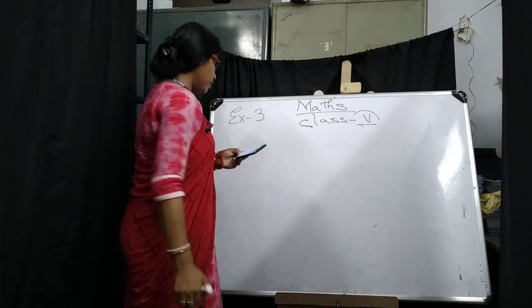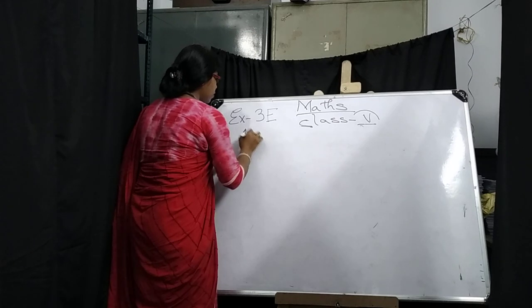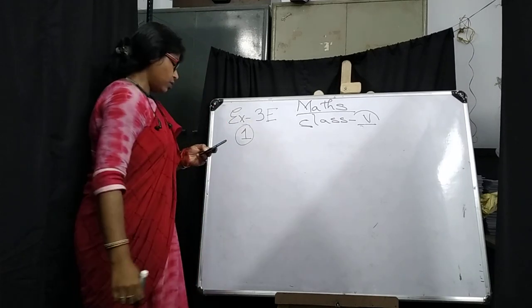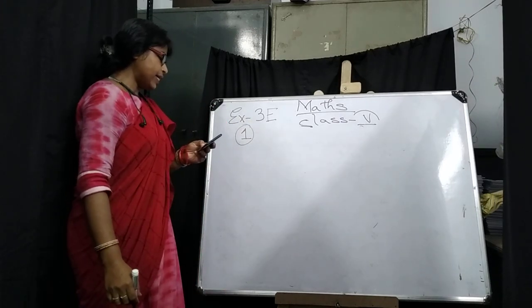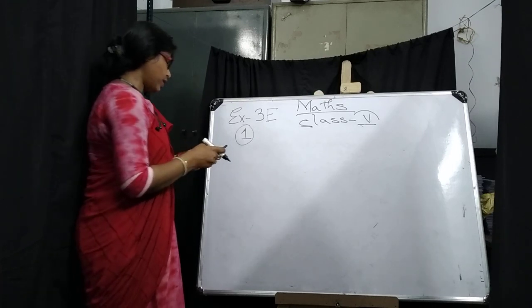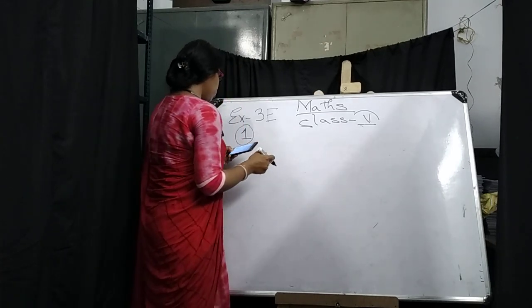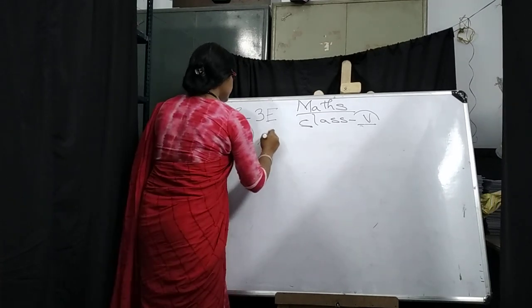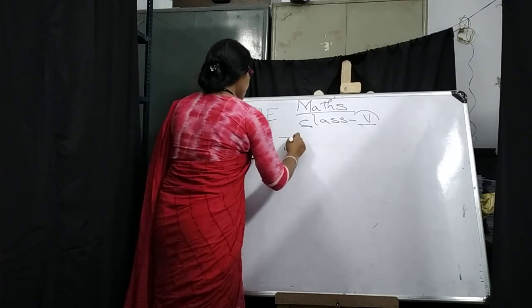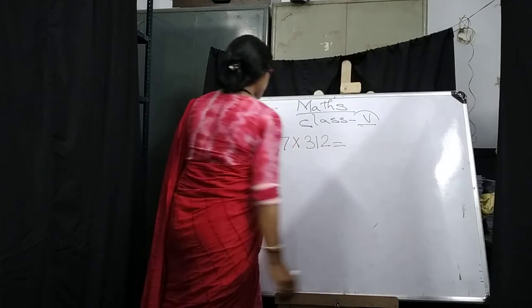Exercise 3E. I will do one sum for you. Choose the best estimate from the given possible answers. So let us do 1B. That is 7 into 312 equals to,